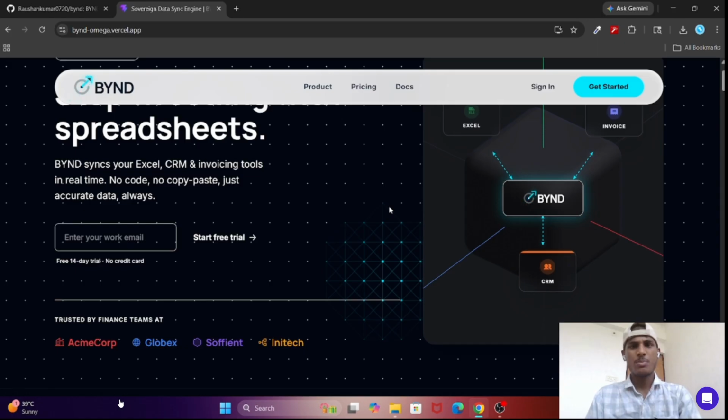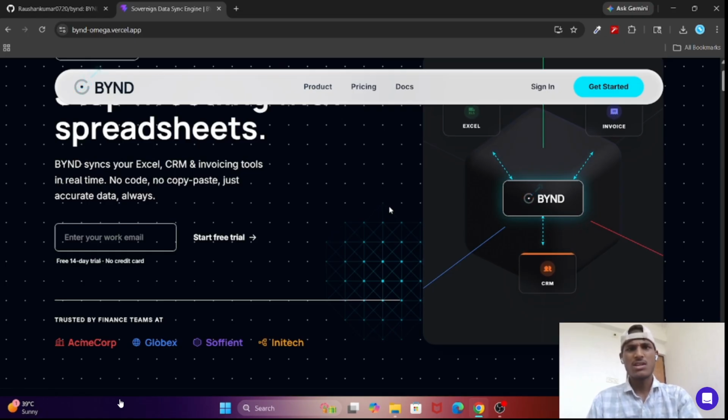Key features of this project are real-time synchronization, conflict detection and resolution, AI-assisted field mapping, and global invoice complete handling. So basically, in most small and medium businesses, data is scattered across Excel sheets, CRM systems, and accounting and invoicing tools.